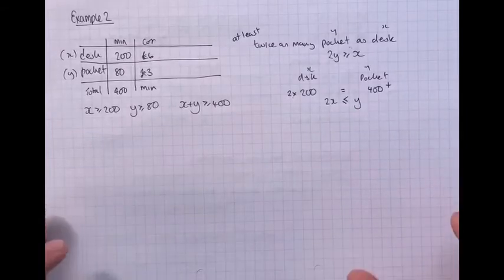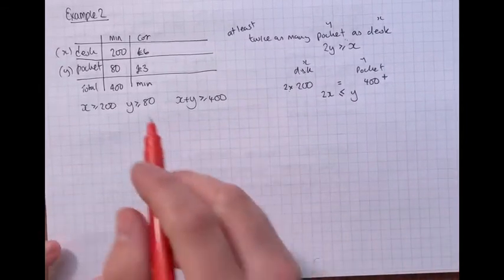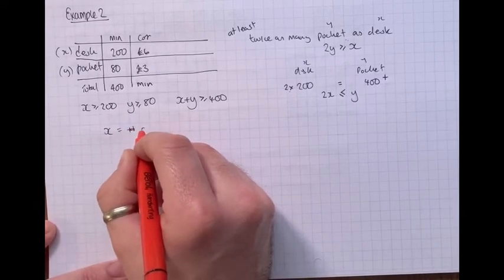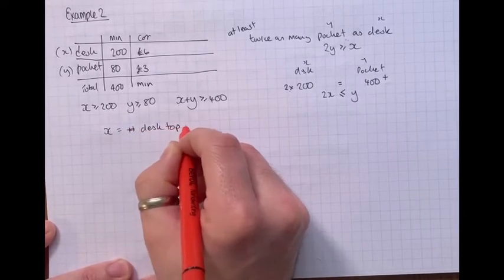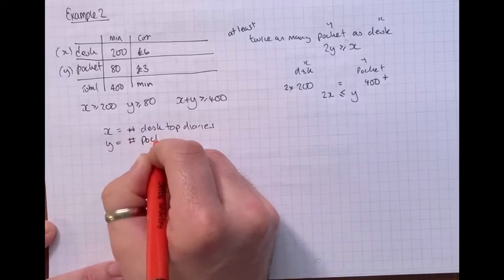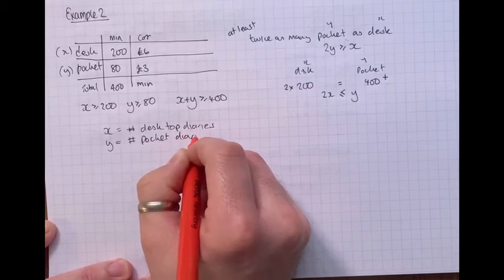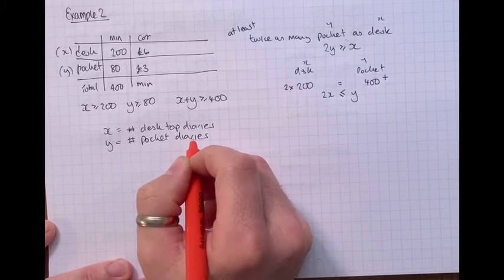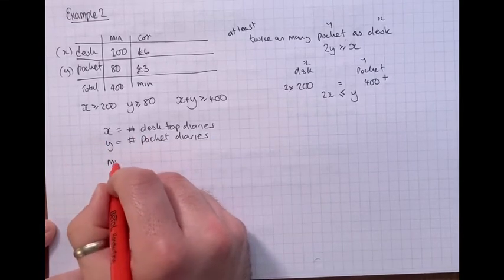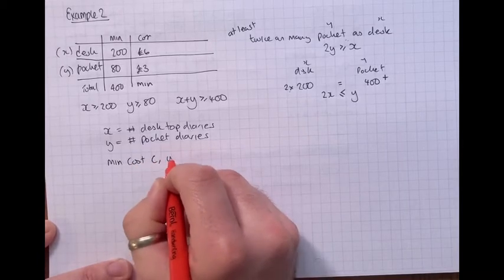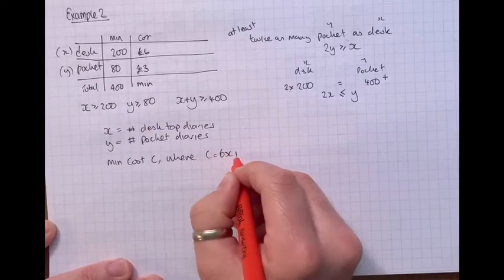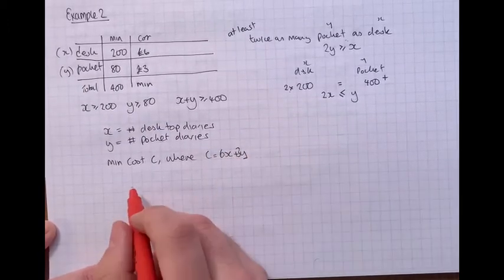So let's put all that together then into our linear programming problem. So I'm going to say x is the number of desktop diaries, y is the number of pocket diaries. So we've defined the variables, now state the objective. We want to minimise cost, which we'll call C, where C equals 6x plus 3y. Subject to,